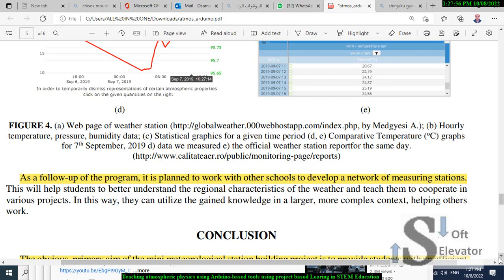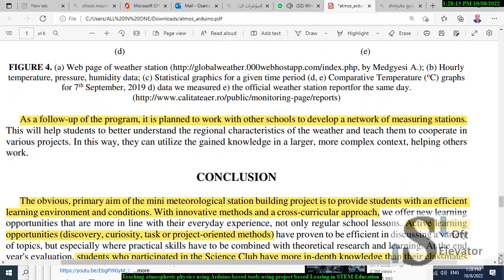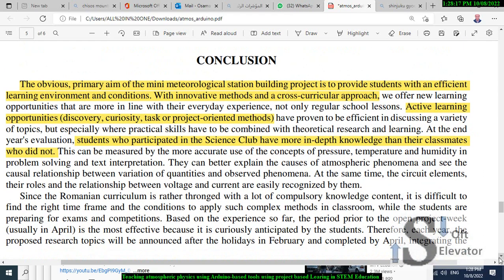It is planned to work with other schools to develop a network of measuring stations, and this will help students to better understand the characteristics of the weather and teach them to cooperate in various projects. In conclusion, the primary aim of the mini